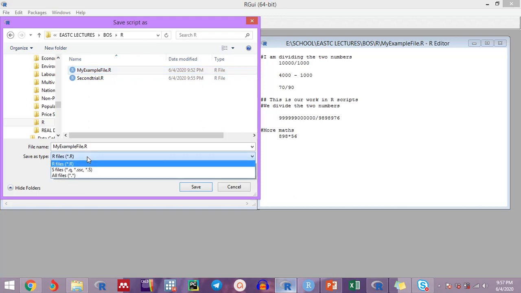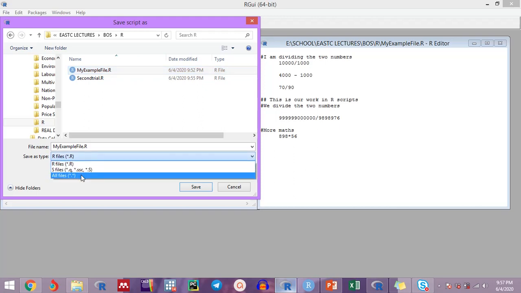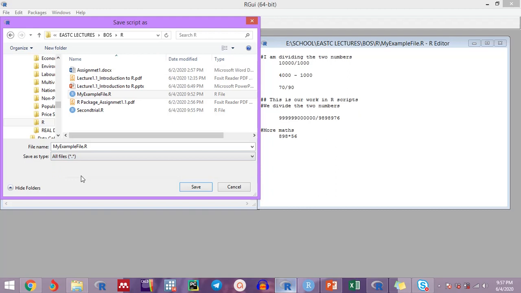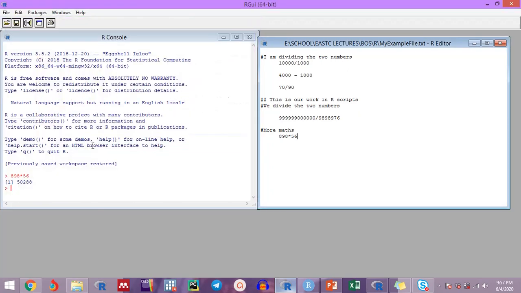I go to file format and select all files. Now after selecting all files, I come to the file extension. I remove .r and I just put .txt, meaning I'm saving my script file in text format. So if I press enter,